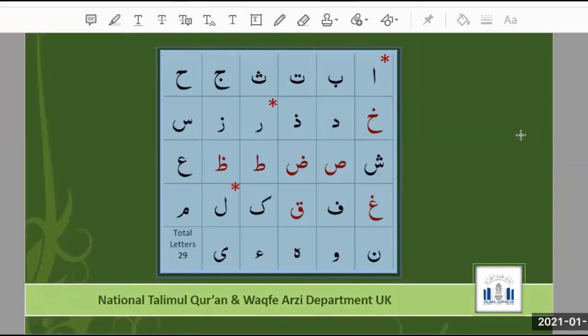Assalamu alaikum. Wa alaikum assalam. Please read it. Alif, ba, ta, tha, slowly, slowly. Jim, ha, kha, dal, zal, ra, za, sin, shin,